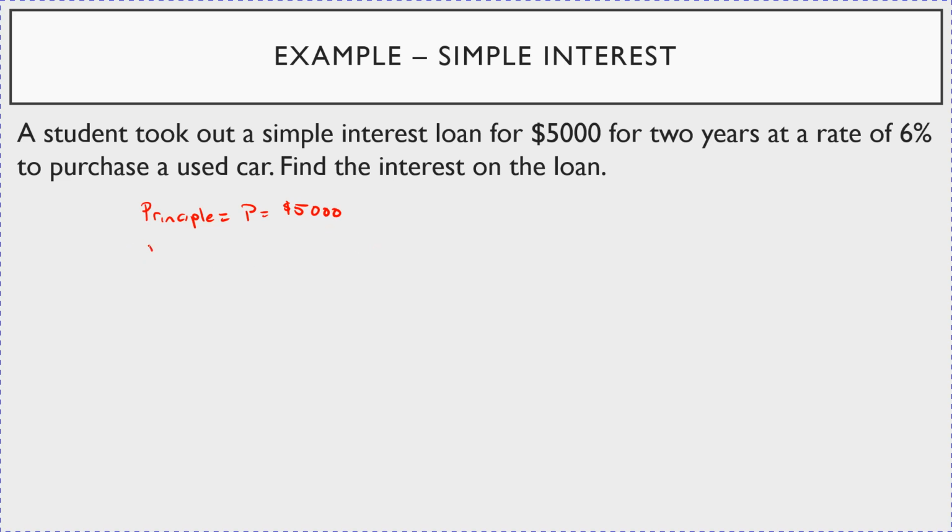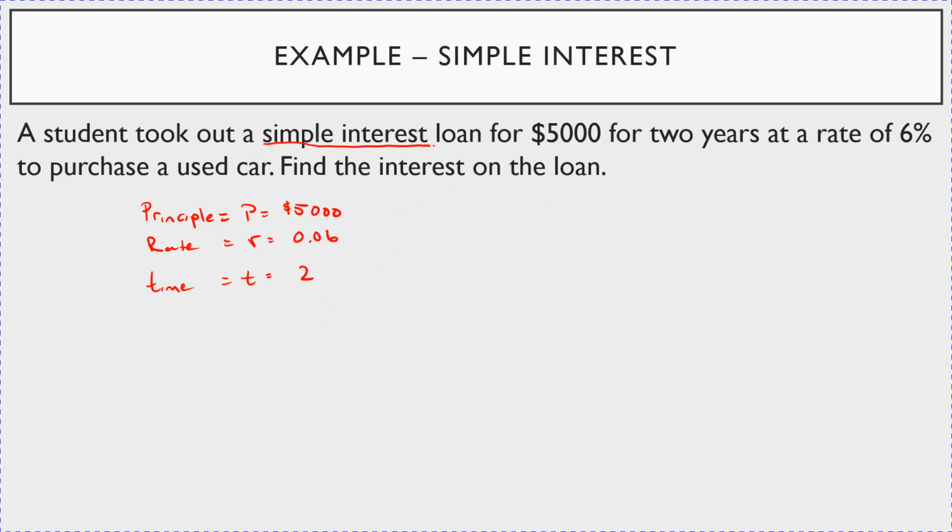The rate was 6% again, so that's 0.06. And look, they did it for 2 years. So time, T, is the number of years. It's 2 in this case. So you're just always going to use that formula. They tell you right here,